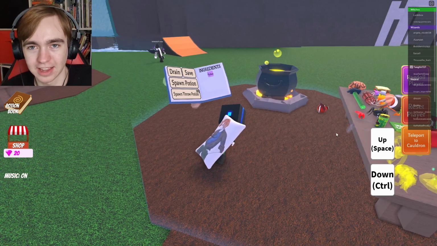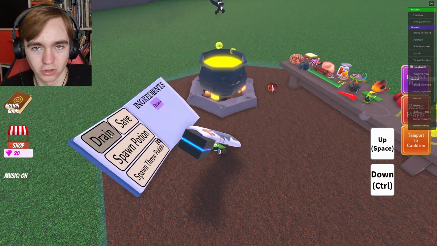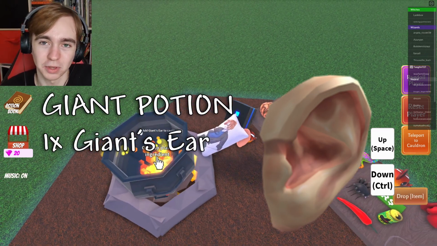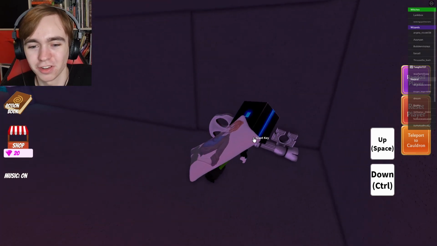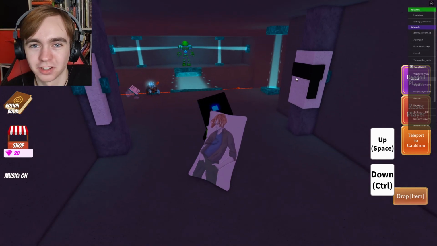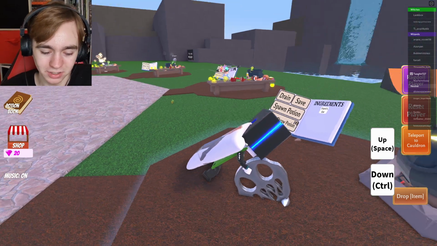So what you need to do to get the giant key is craft a giant potion for the giant key, which is done again with 1 giant's ear. And then you want to drink the potion, and that will make you grow. And once you're as big as you can get, you get the giant's key and you can unlock the door. But once you get the door unlocked, teleport back to the cauldron, and